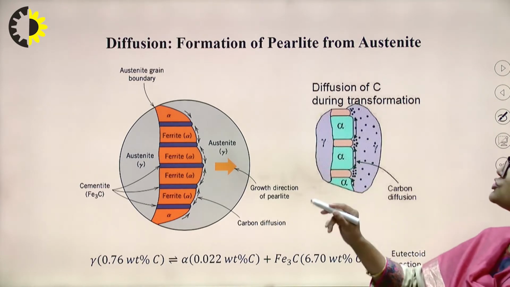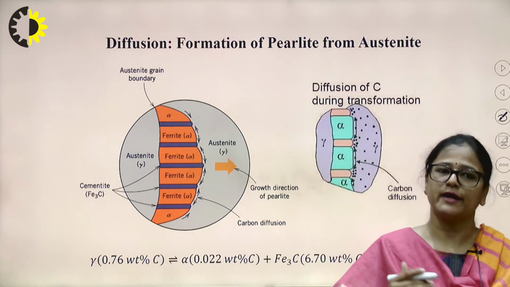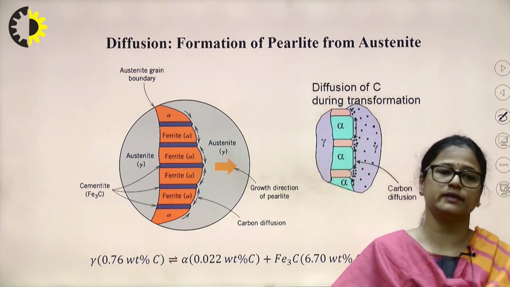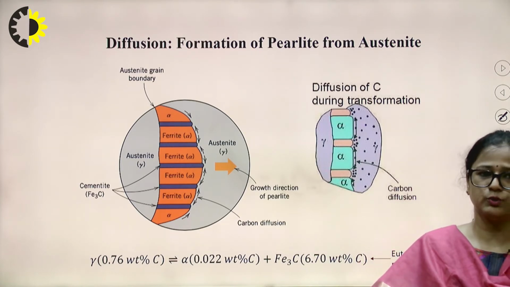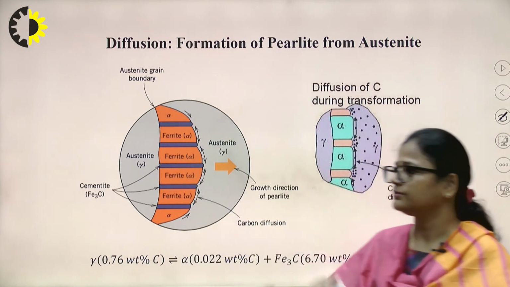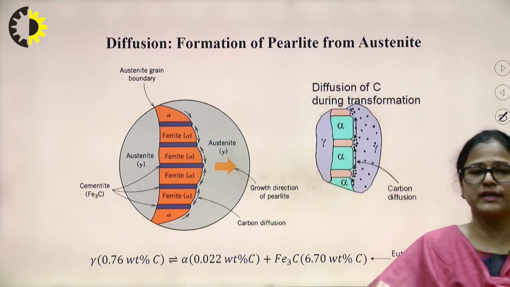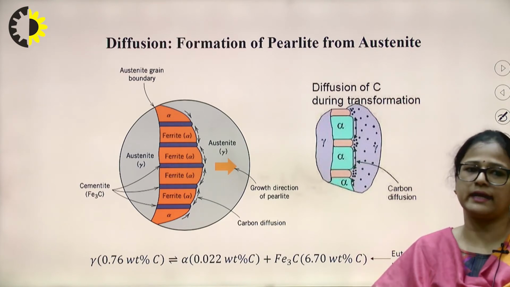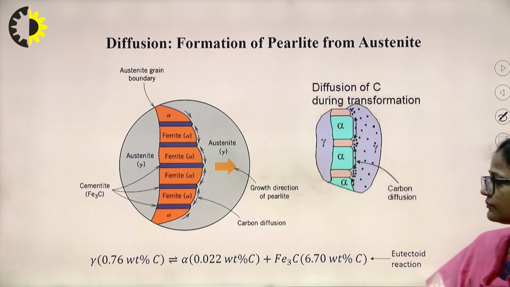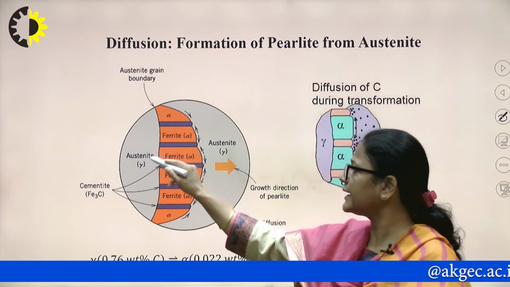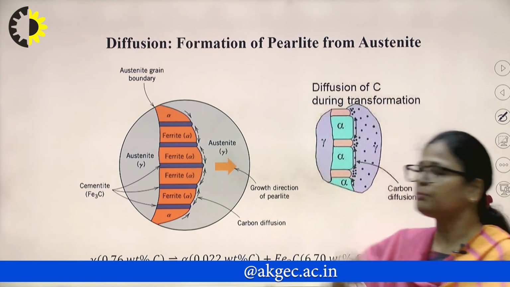Now we see the formation of pearlite from the austenite. As we all know, above the eutectoid isotherm line, which is 727 degrees centigrade, all Fe-C alloys of this category, eutectoid alloys, are in the austenite phase, which has the austenite grain structure. But below the eutectoid isotherm line, the austenite converts into ferrite and cementite, which is the pearlite. Pearlite is an alternate layer of ferrite and cementite. So here this is the austenite grain, and below the eutectoid isotherm line it changes into pearlite.